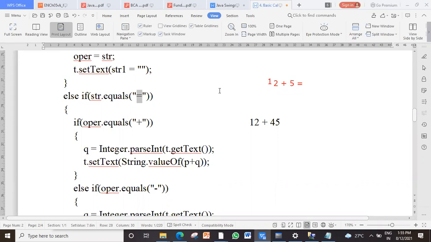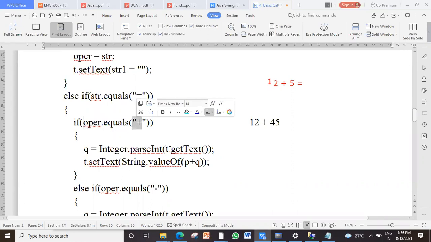So when user clicks on is equal to, I have to check my previous content. What is the operator? Now is equal to is going to do actual operation and going to give you the result. So while giving the result, first it checks whether operator is equal to plus.